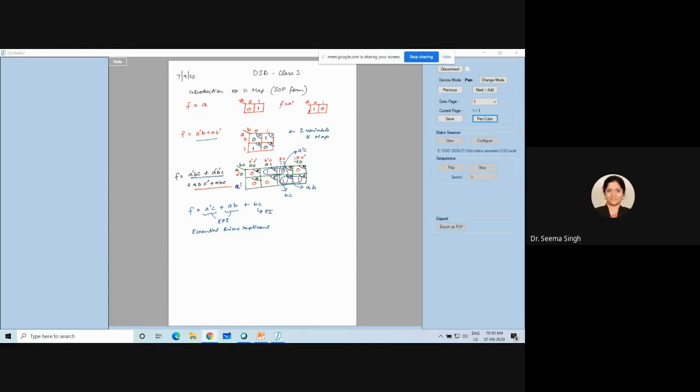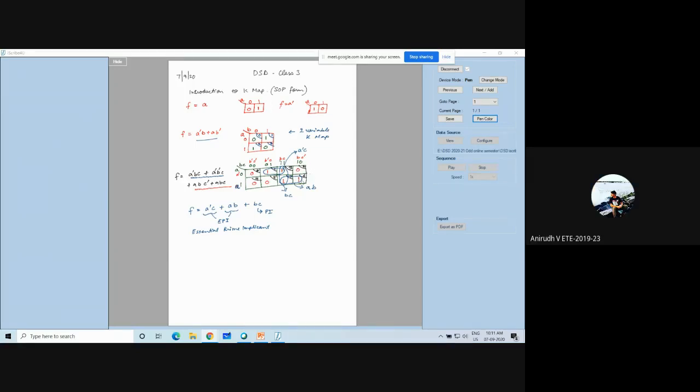Excuse me, ma'am. Yes? In that K-map, I guess there's one thing wrong, ma'am. What? There's a term A, B, C bar. It should be there, and there's no term as A, B bar, C. A, B, C bar, it is there, no? This one, 6. Oh, that's A complement, no? No, it is A. See here, A bar is a 0. This row is for A, and this row is for A bar.